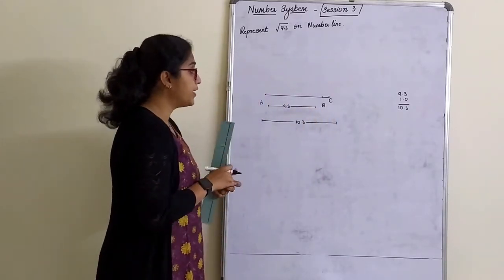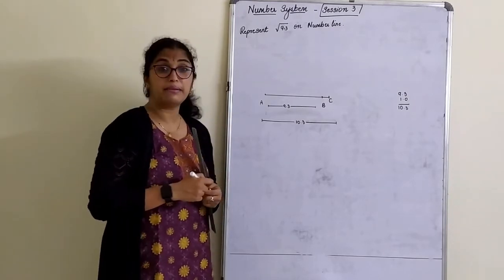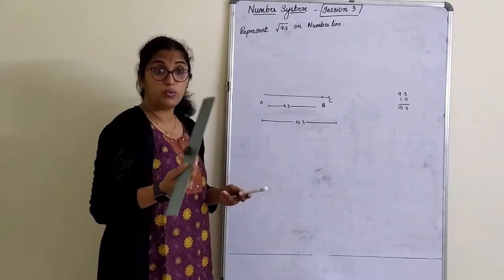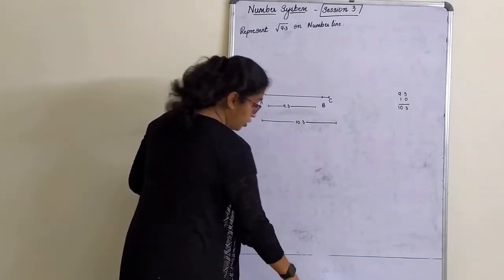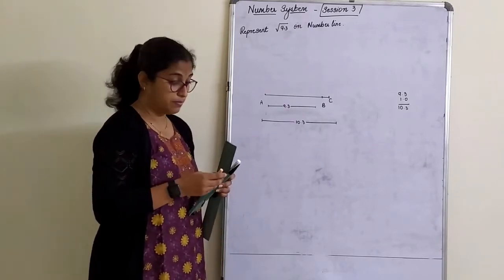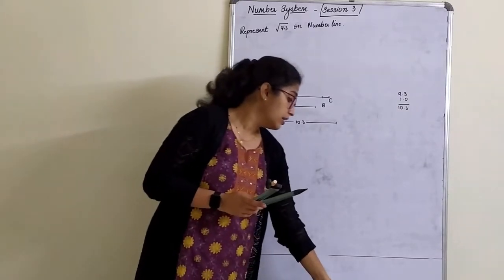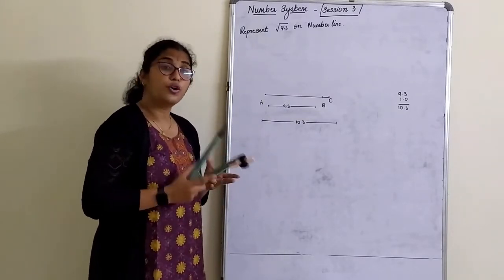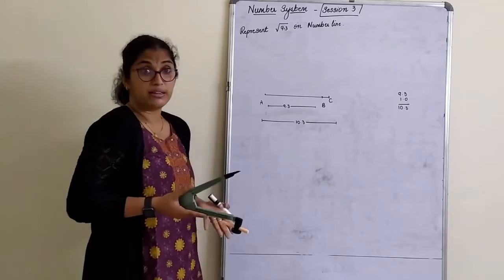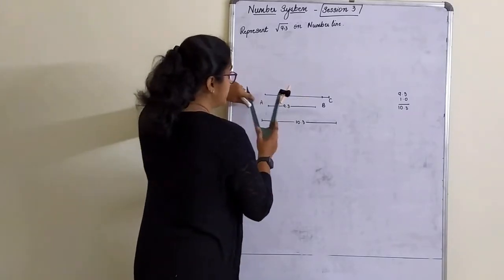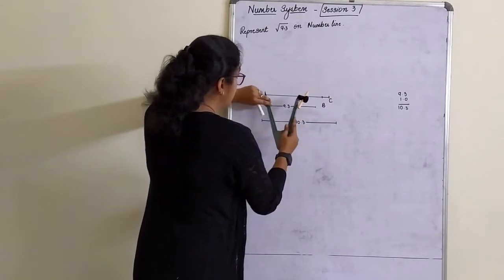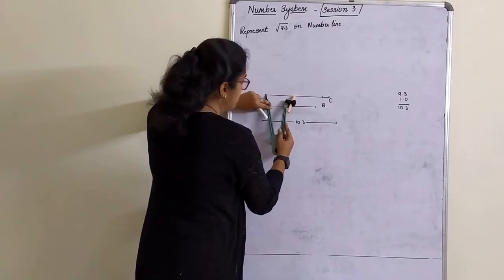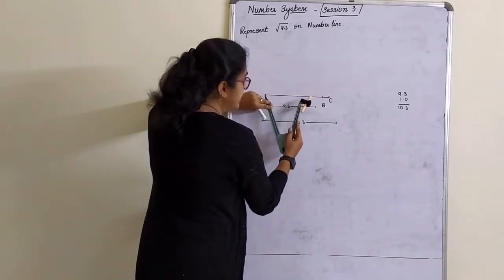Next what we do is, we have to bisect the line segment. What do you mean by bisect? Dividing the line segment equally into two parts. Now how do we do it with the scale? We might not get it accurately. You all have learned how to bisect a line segment. What we do here is, from your compass, take more than half radius. Now what do you mean by more than half radius? What should be the radius to take more than half? Whatever AC is there, now AC is this big, right? So approximately if I take this as half, is this more than half? Yes, it is more than half.